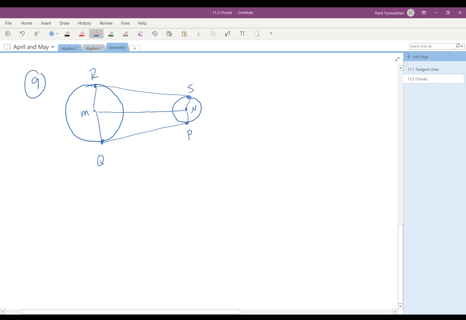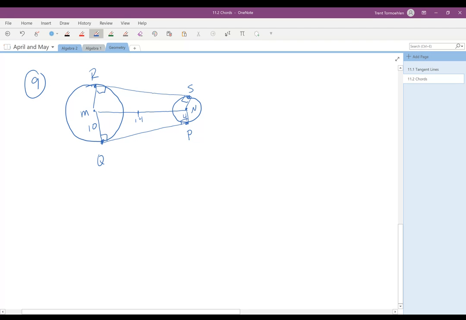Okay, so we had a question about 11.1, problem number 9. You're given that MQ is 10, and you're given that NP is 4. And then you're given that this length, MN, is 14. Now, to do this problem, the first thing we have to remember is that our radius hit the tangent lines,